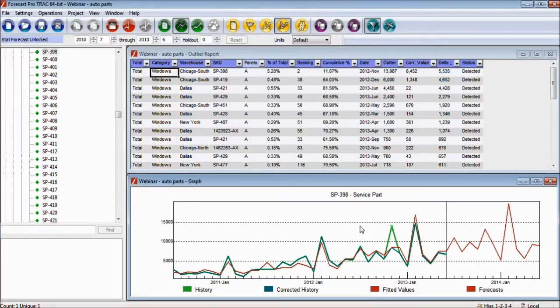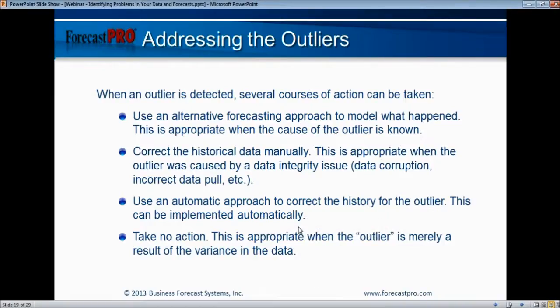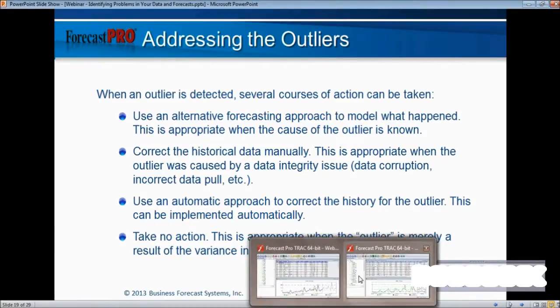So the question is how to proceed. Again, going back to our list, the question is, do we know what happened? If we know what happened, perhaps we build another event model. Is it a data problem? Probably not here, okay, because the rest of the data looks good. Do you want to use an automatic approach? Maybe. Do you want to take no action? Probably not. Here we have a direct impact on the forecast, and at least inspecting this visually, we can see,